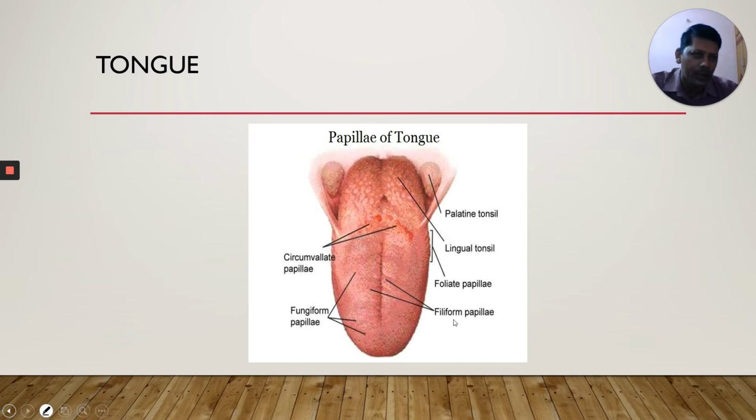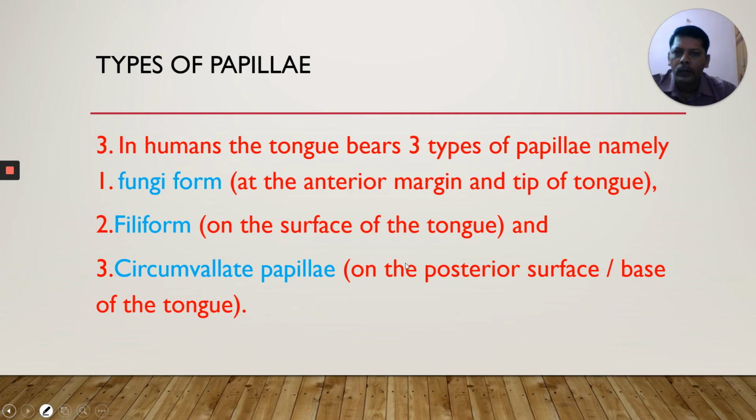Another 2 marks question from the IP point of view is: what are the types of papillae? We have 4 types of papillae: circumvallate papillae, fungiform papillae, foliate papillae, filiform papillae. In the human tongue, there are 3 types of papillae. After watching this video, take a paper and write down this 2 marks question. Simultaneously, you have to prepare objective as well as IP. In children there are 4 types; in adults, 1 type is absent. That is foliate papillae, which are not present in adults.